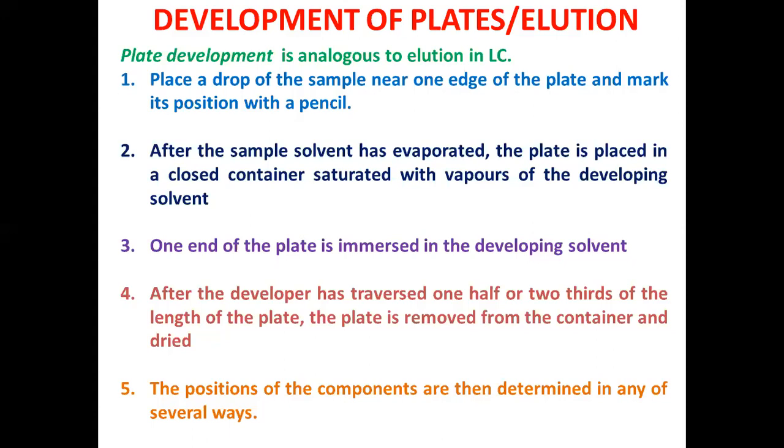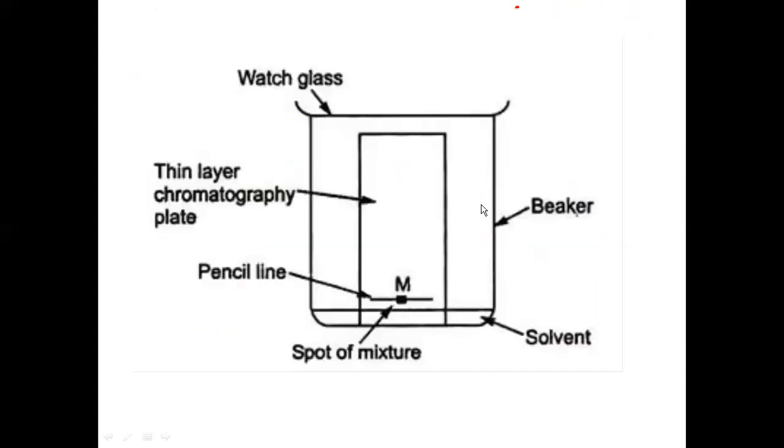Once the mobile phase has developed 1/2 or 2/3, you have to remove the plate. Once you can see the mobile phase has traveled 1/2 of the overall height of the plate or 2/3 of the overall height of the plate, you remove the plate and you dry it. If the solutes are colored, you can see the spots by the movement of the solutes. The differential migration of the solutes will be seen if the solutes are colored. If the solutes are colorless, you cannot see. For that, you have to use some other techniques.